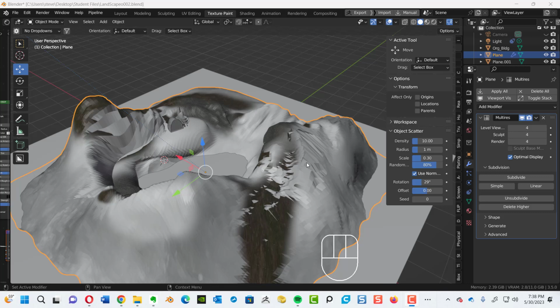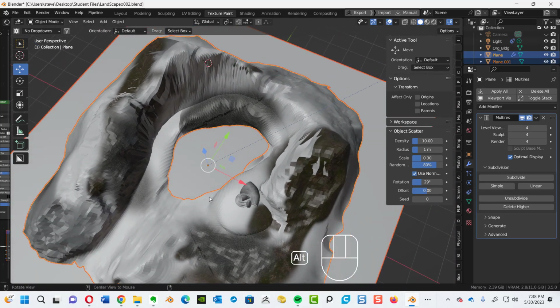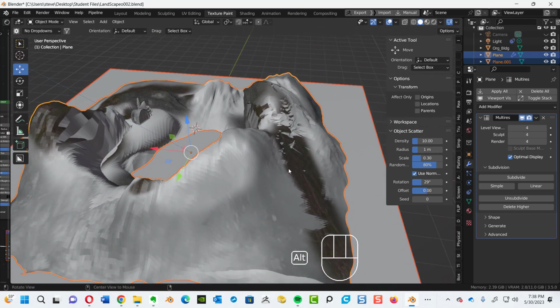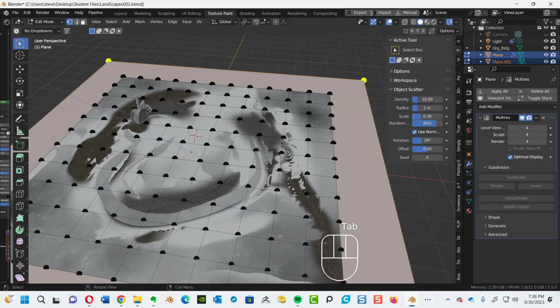All right, so I'm going to take a look at this landscape here and see what the problem is in terms of you not having the ability to texture paint this. So the first thing I'm going to take a look at are your UV maps. I'm going to start with this landscape here, and let's go in there and get inside, go to edit mode,